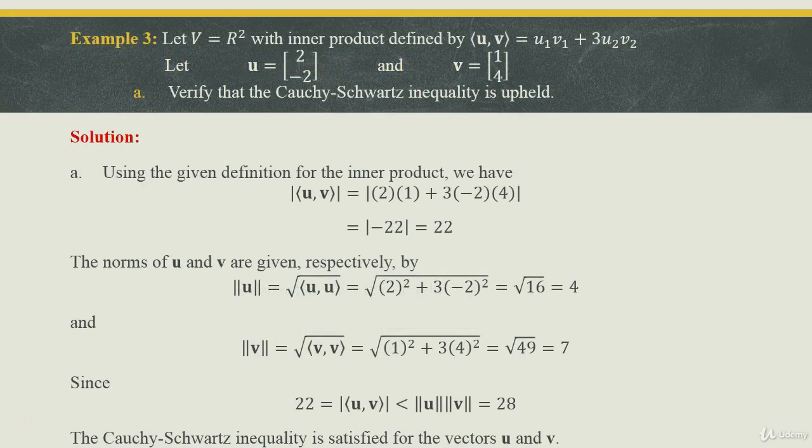Now let's take an example regarding these properties. Let V be equal to R square with inner product defined by inner product of U comma V equal to U1 V1 plus 3 U2 V2. Let U be the matrix containing 2 and minus 2, and V be the matrix containing 1 and 4. Then the first part is to verify that the Cauchy-Schwarz inequality is upheld, and the solution is